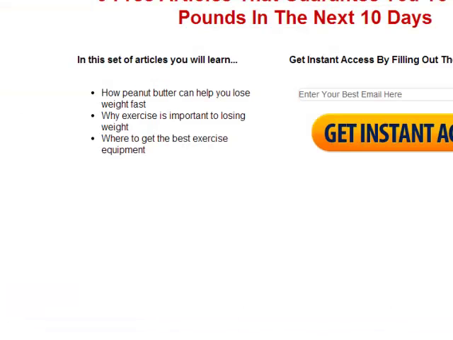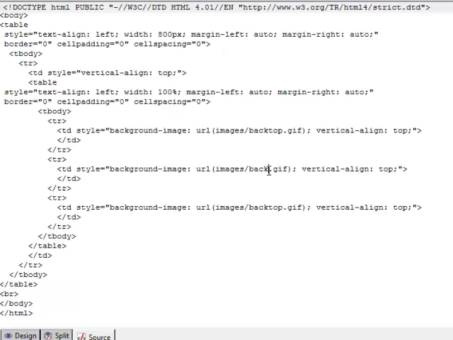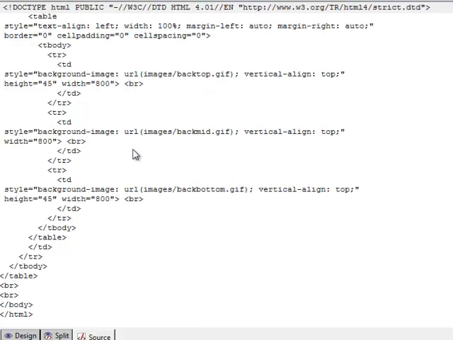So if we go back to Kompozer here, and the one that's going to be in the mid, we change that to mid. And then the one that's going to be on the bottom, we change the word top to bottom. Okay, so that's all you'd really have to do to insert a background image throughout the rest of the copy